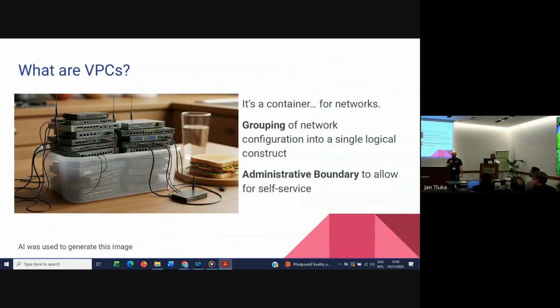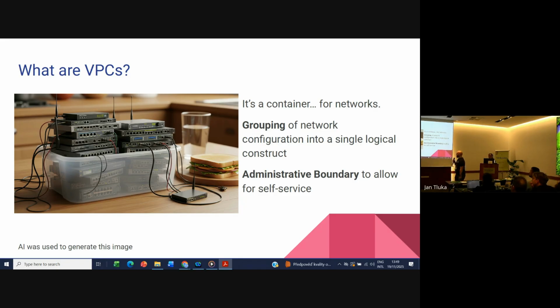Right, VPCs. Who knows what a VPC is? Show of hands. Ben does. Right. So cloud providers have had these for a very long time. Virtual private clouds is one way of defining it, I suppose. You could imagine it as a container, but for everything networking. So for all of the logical constructs that we have, so switches, routers, networks, subnets, firewalls, everything, the ability to have those contained is basically what we're looking for